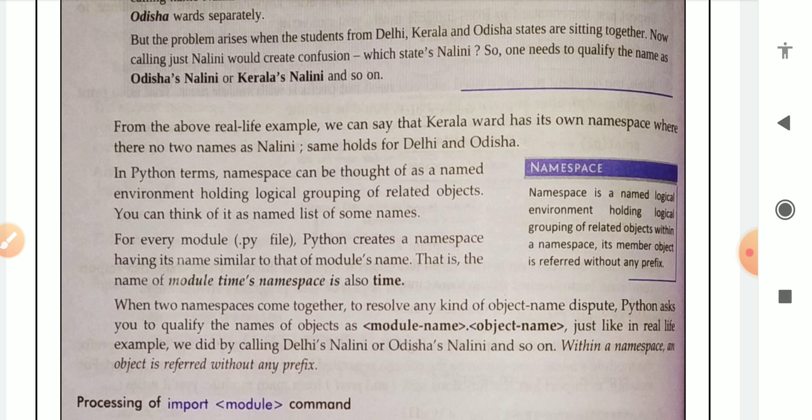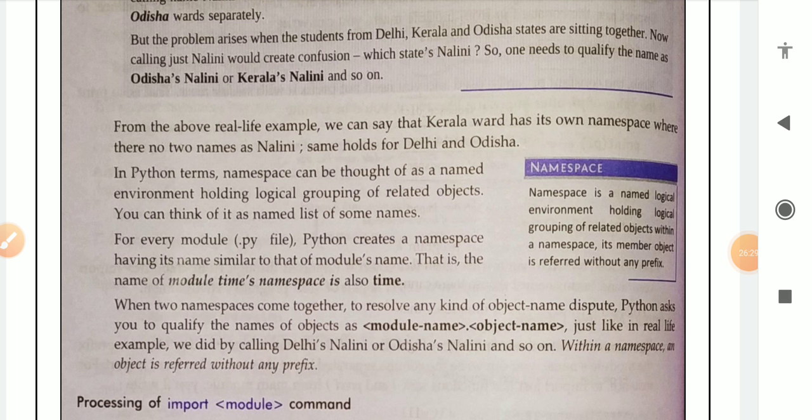When two namespaces come together to resolve any kind of object name dispute, Python asks you to qualify the name of the object as module name dot object name, just like in the real life example we did by calling Delhi Nalini or Odisha Nalini and so on. Within a namespace, an object is referred to without any prefix.